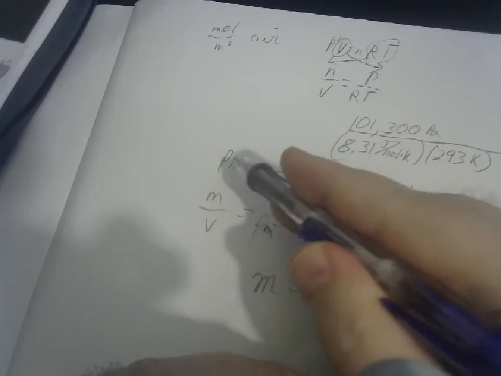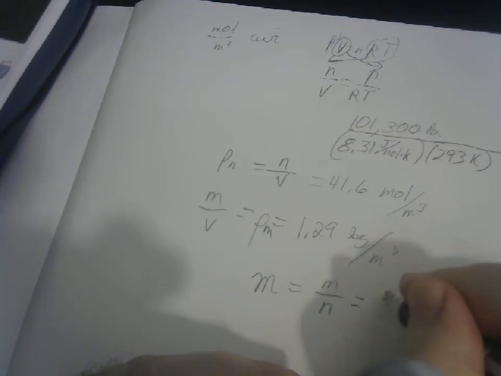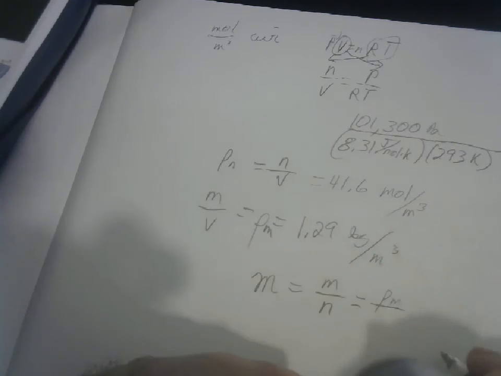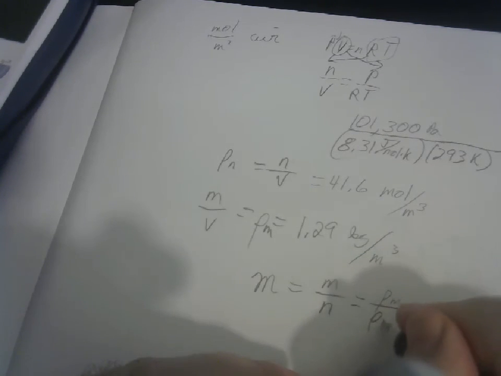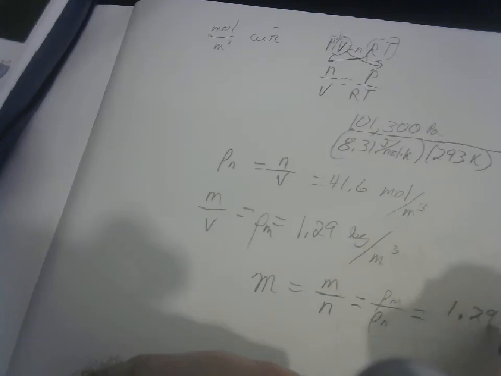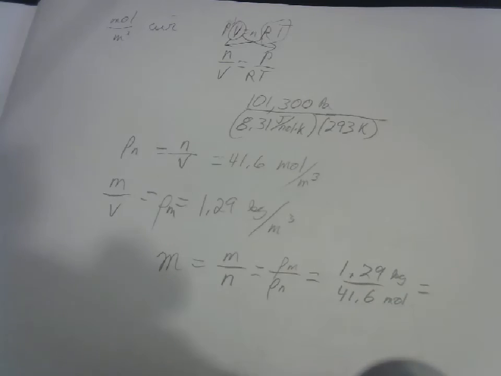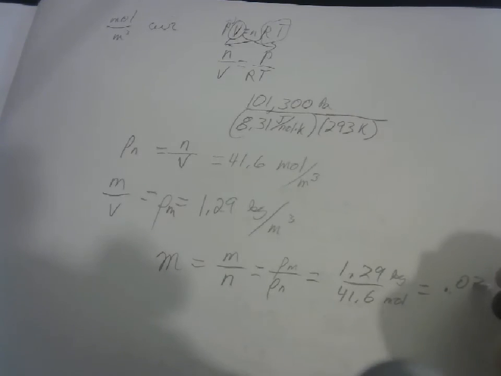This is the molar density and this is the mass density. And so we're going to take rho sub m, the mass density, divided by rho sub n, the molar density. 1.29 divided by 41.6. This is going to be in kilograms. This is going to be in moles. So this comes out to be 0.031 kilograms per mole,